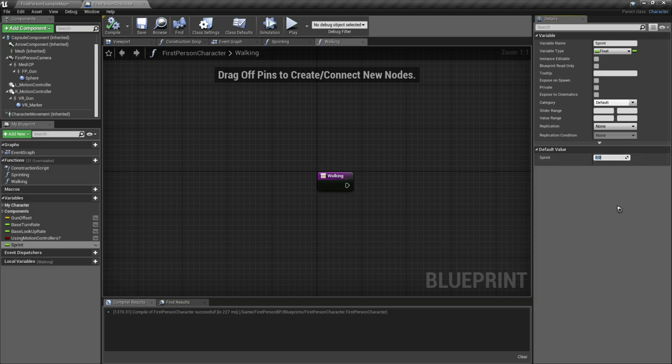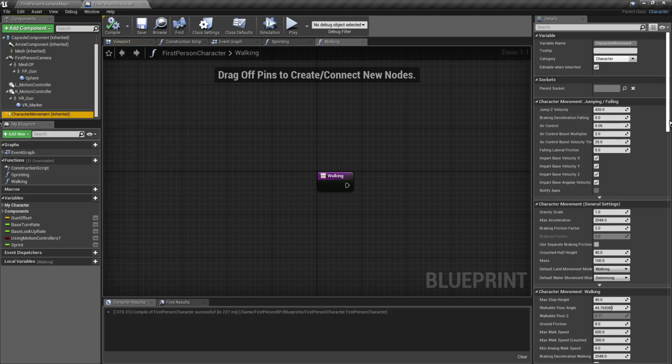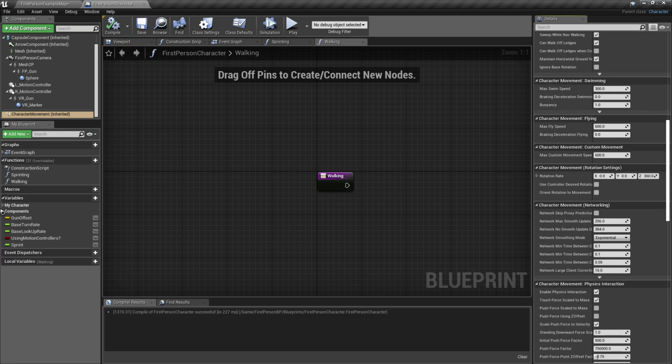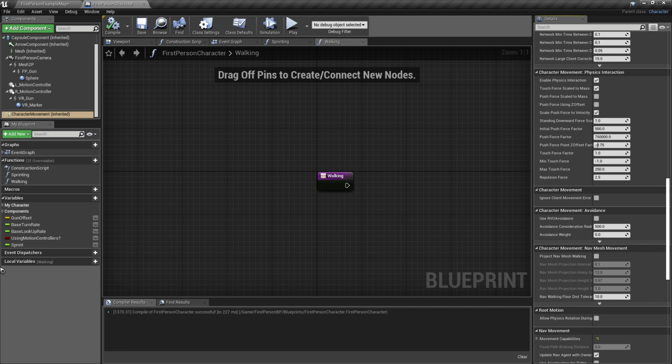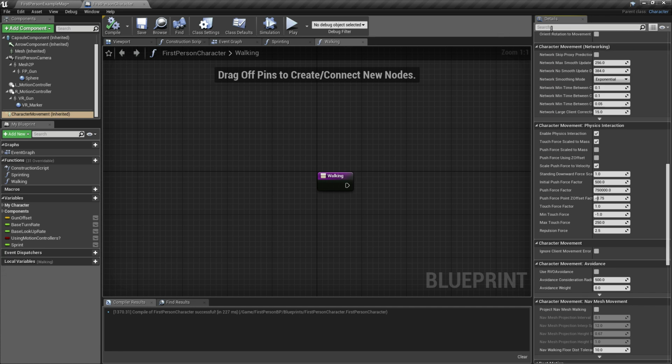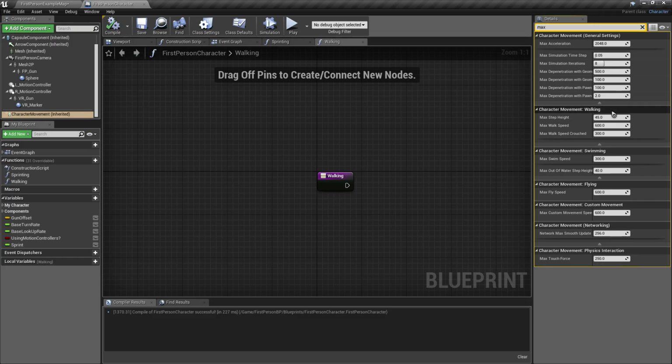In our sprint variable, we're going to multiply the max walk speed of our first person character, because the default max walk speed of our character is 600.